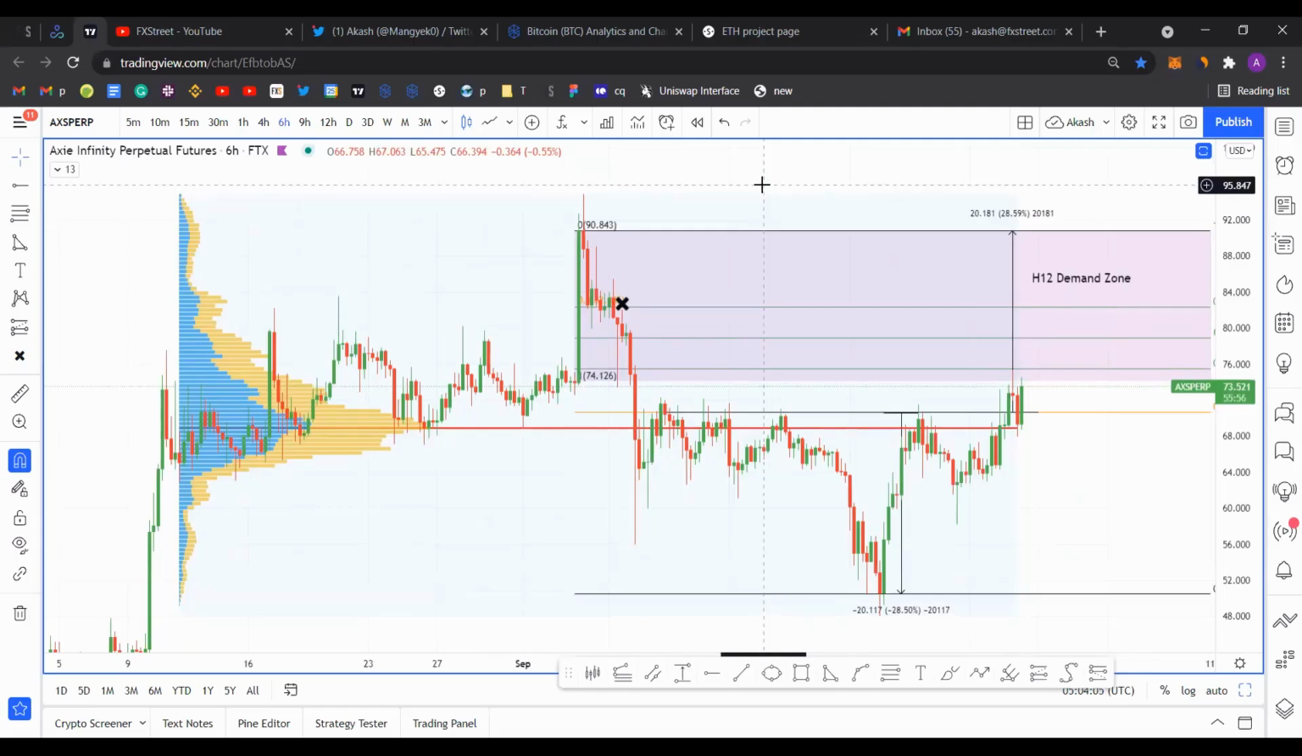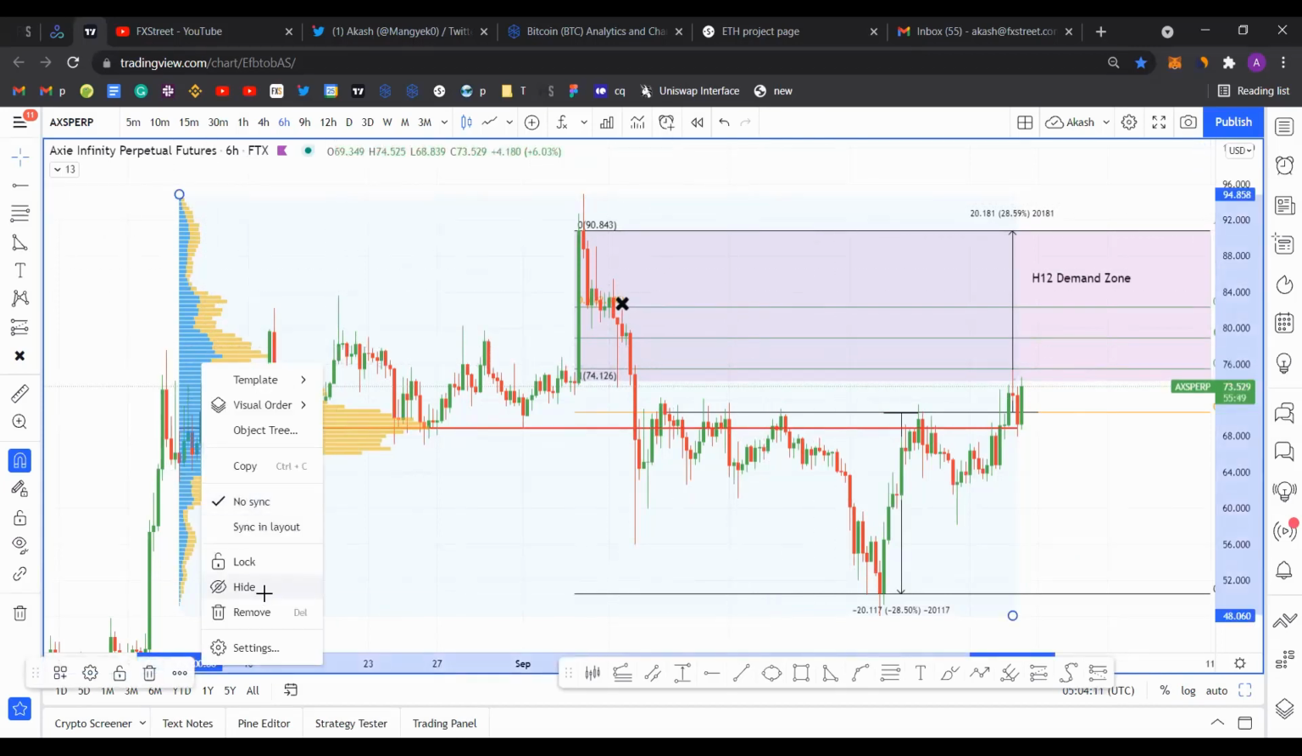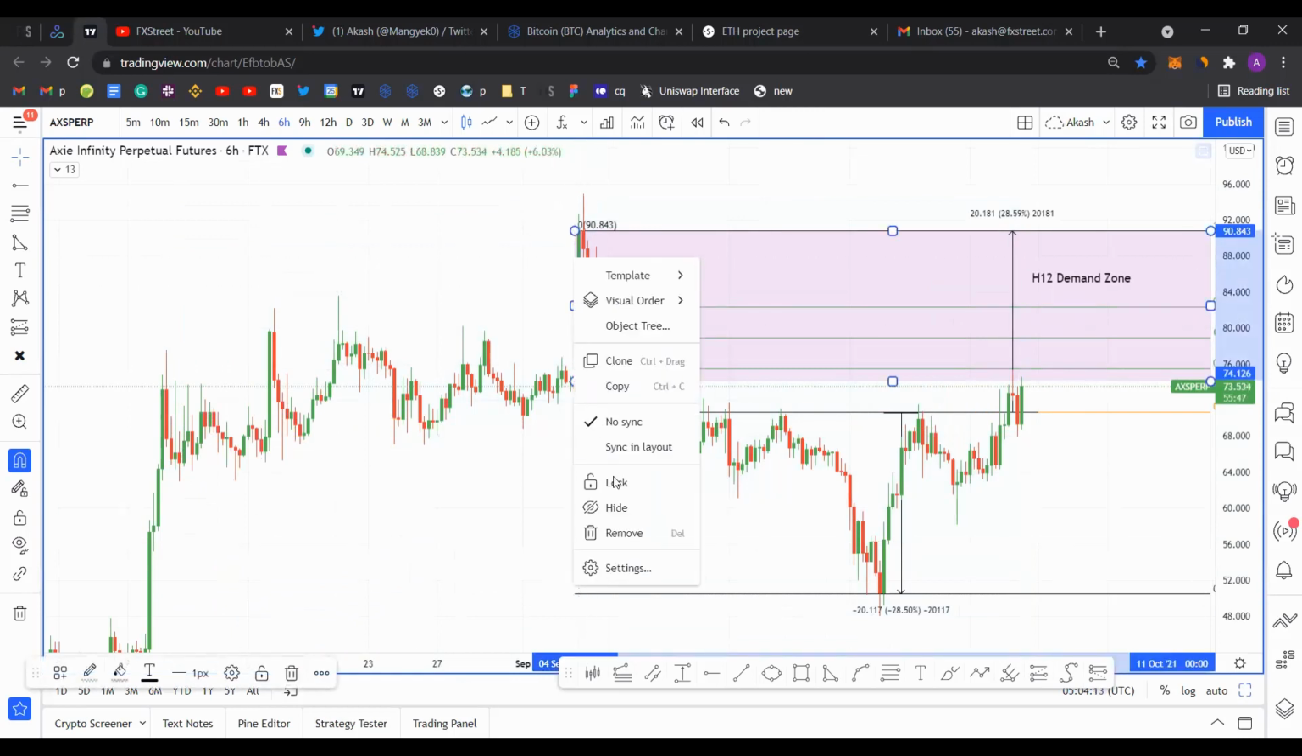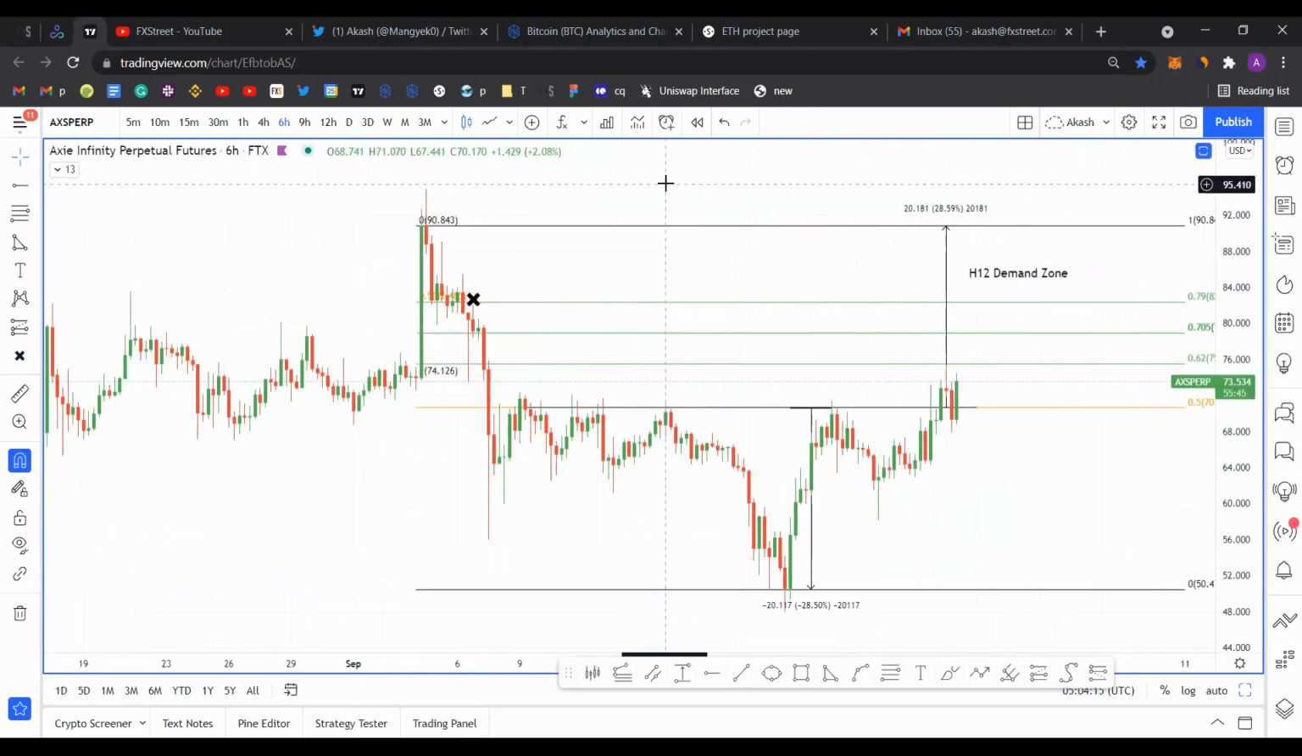Okay, so let's take a look at Axie Infinity or AXS, right? So this, let me just clear this up so I can show you what's happening. Axie Infinity is forming an inverted head and shoulders pattern,